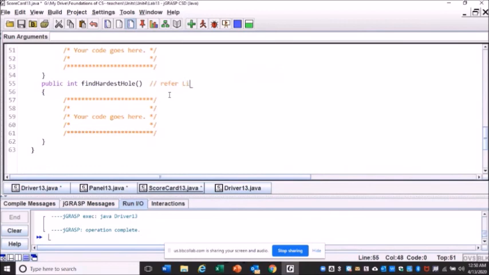Refer to listener 2 in panel, find the column sum, and max. So you probably need to make an array to store each column's sum, and after that you are going to go through the whole column sum array